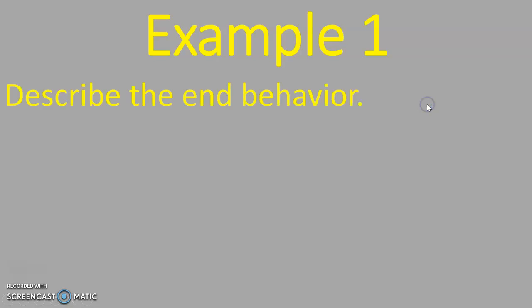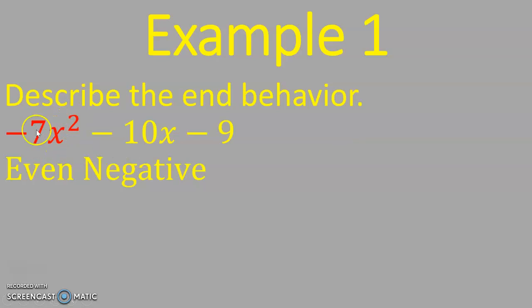Let's look at a couple examples. Describe the end behavior. Remember, we only care about the leading term, okay? Because over time, it's a bit of a calculus concept, but as x gets very large, this term is going to really take over and kind of overwhelm the other terms. So it decides which way the graph goes. So this is an even negative. Remember, we don't care that 7 is odd. That means nothing. We look at the degree. The degree is even, and the leading coefficient is negative. Okay, so if you remember the chart, even arrows together, so they're going to go in the same direction, and negative means down. So they're both going down,